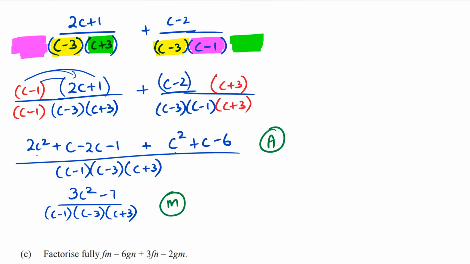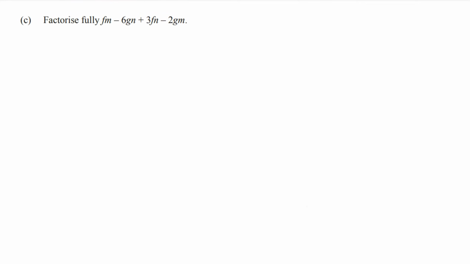All right, so that now takes us to question 2C. In this question, what we've been asked to do is factorize fully. So what are we going to do here? The way we're going to do it is maybe we'll look at the first couple of terms and see if we can actually factorize it. And if we can't, then we just have to mess around with this till we get an idea. So I'm going to look at just the f, for example. So I'm going to rewrite this as fm